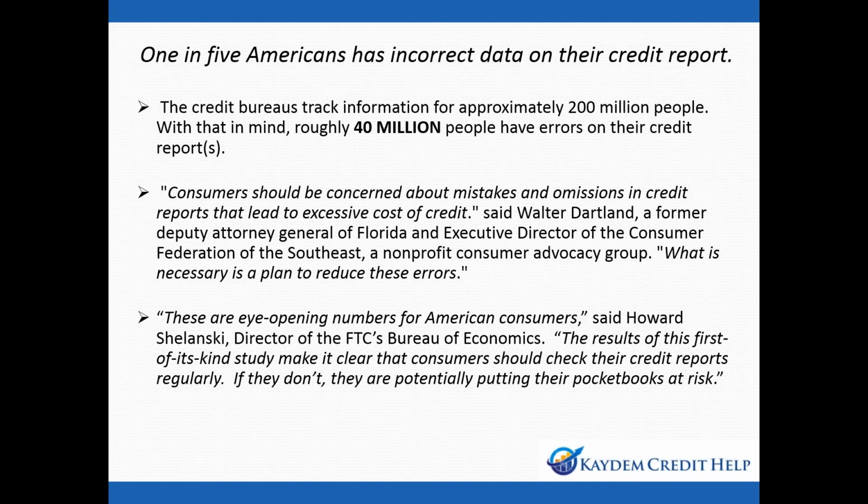And the credit bureaus, are they really making an effort to make a change to avoid these types of errors, or are these errors in some way acceptable? That's what Walter Dartland is wondering, and he's asking what is necessary is a plan to reduce these errors, and what plan is that? That's what we're talking about here, and that's why we're doing this webinar, because so many people are being adversely affected by these errors, and we want to help people